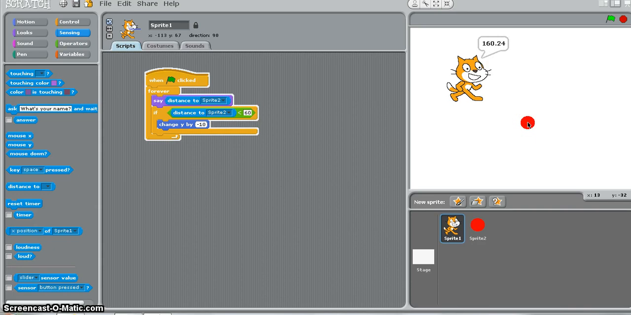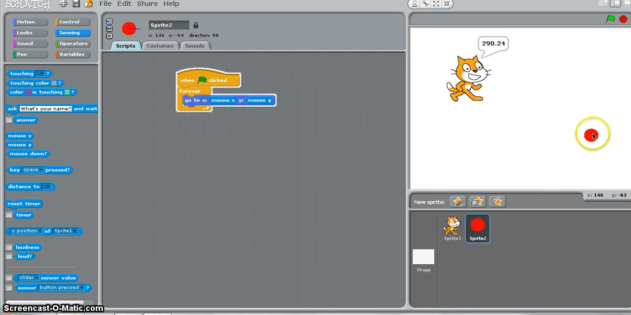So I enter. Now the cat is saying, hey, look, it's at 160.24 distance. I keep increasing the distance, right? And this sprite 2 is just following my set of codes again here, and then simply following